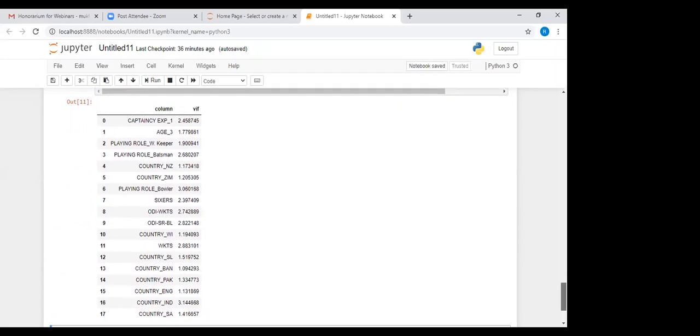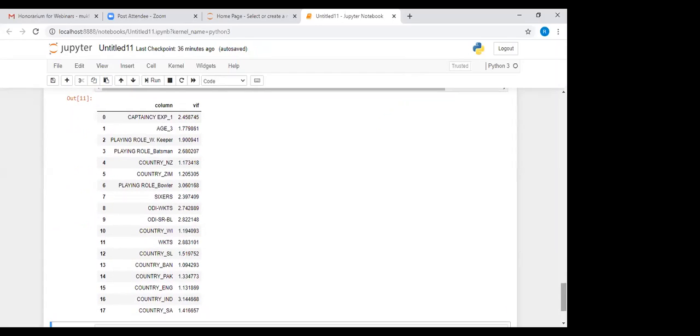There are 18 variables, and all the new features have VIF less than 4. Okay, so now we can tell that there is no more multicollinearity present in the data set.